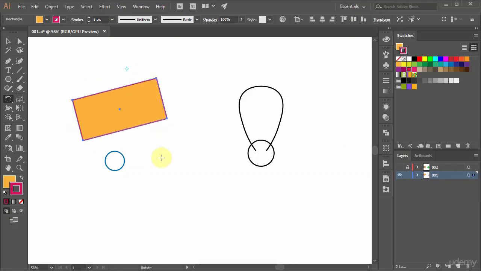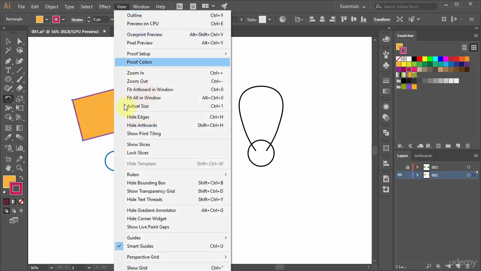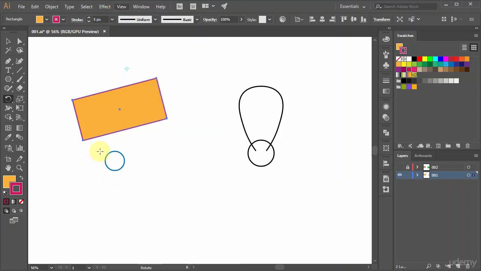Okay, now what if we want to rotate object using other object's center point? For example, we want this object to rotate but using this other object at the bottom as the center of the rotation. Before we can do that, there is one thing you need to do first. Go to View and make sure the Smart Guide is active. We mentioned Smart Guide before. We'll cover Smart Guide more in depth in a later video, inshallah. For now, just know that Smart Guide will help us snap to objects, okay?